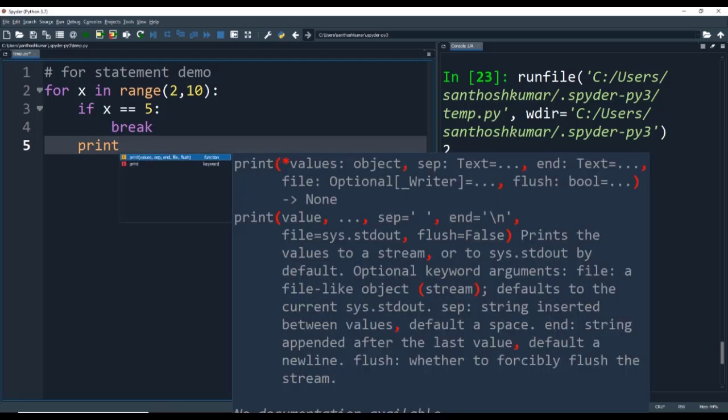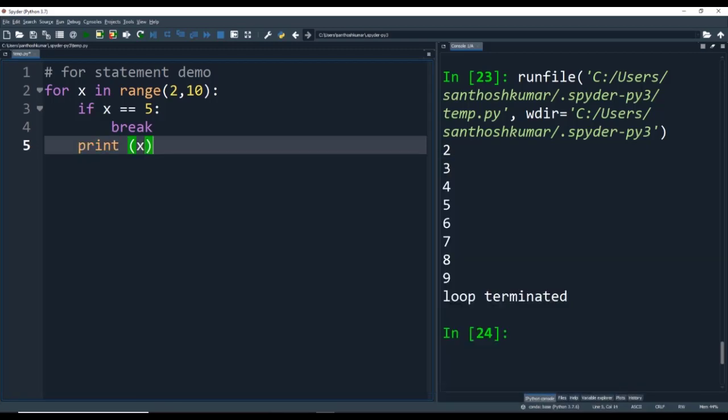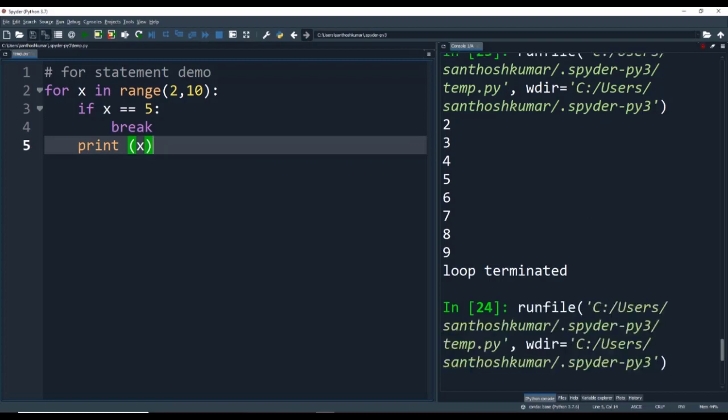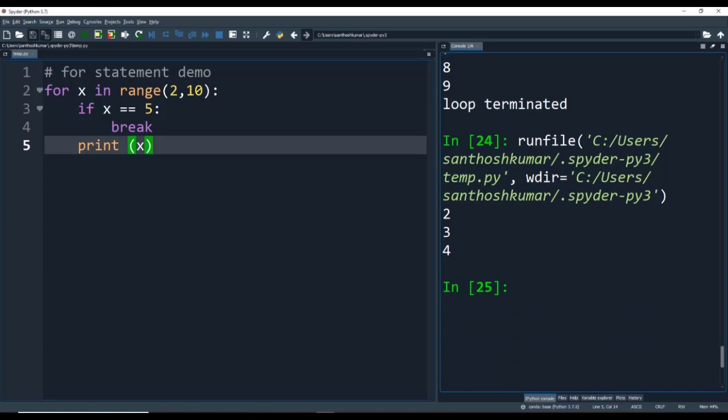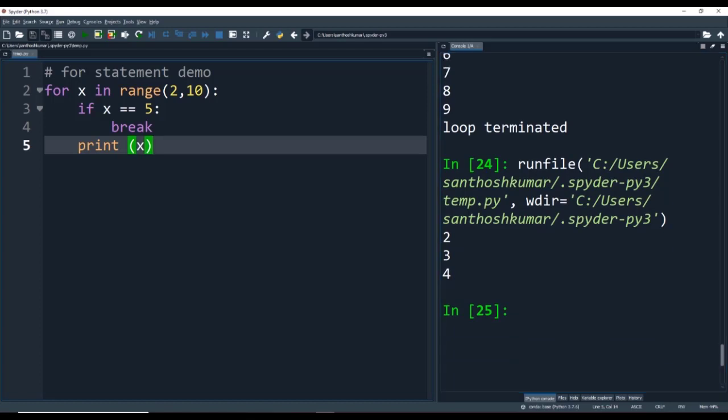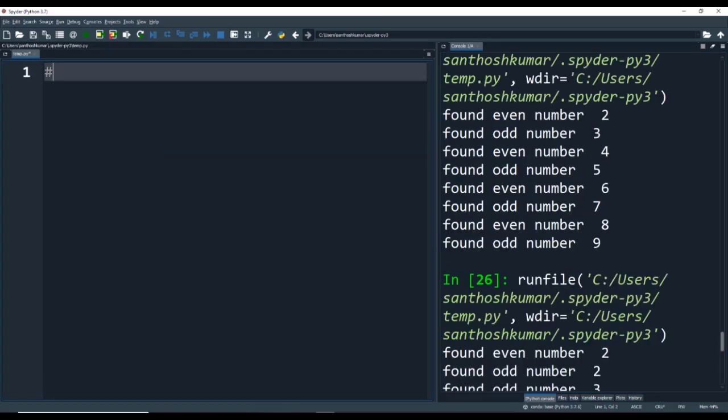If the break statement were not present, this for loop would have printed the values from 2 through 9. But because the break statement is present, when the value of x comes to 5, the control moves out of the for loop, and hence when I run this code, as you can see, the values 2, 3 and 4 alone are printed.